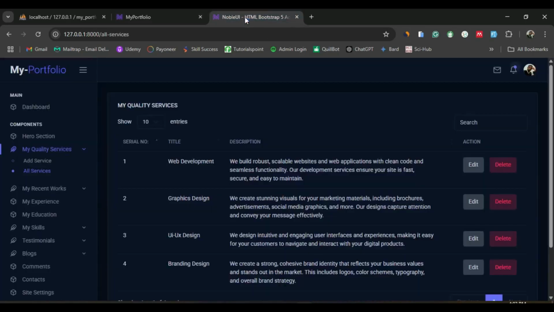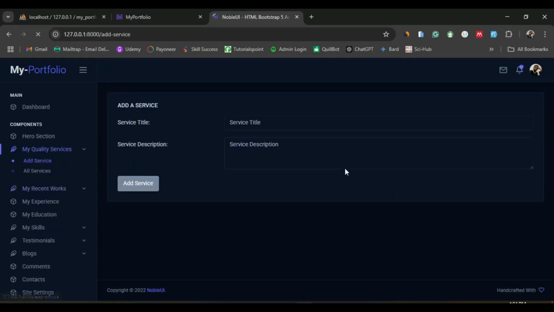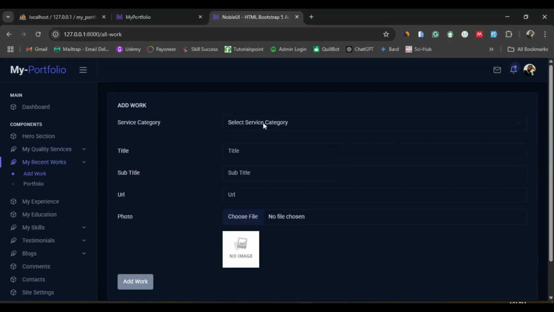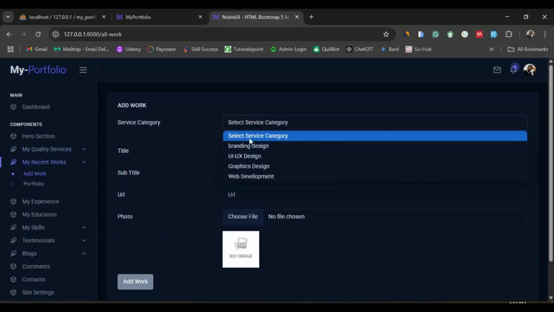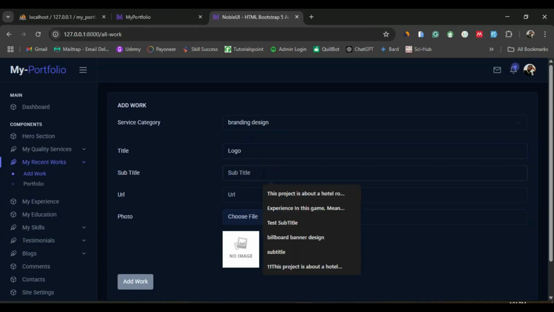Let's actually navigate back to our backend view right here. As you can see, we can add the services. And for the recent work, we can add recent work right here. As you can see, we can select a category. Let's say, for instance, brand and design, and the title. Let's give it a title and say logo design. Okay, logo. And let's add a subtitle. Let's say a company's